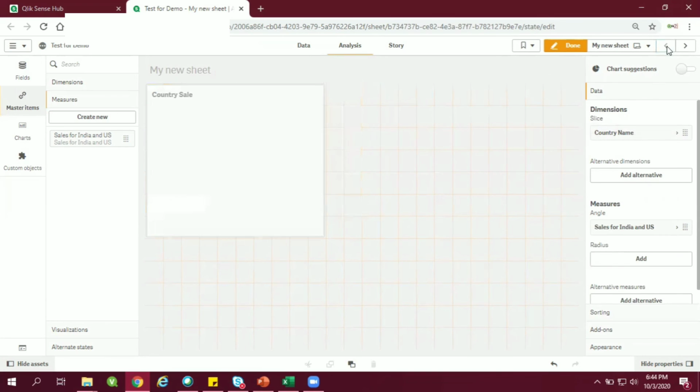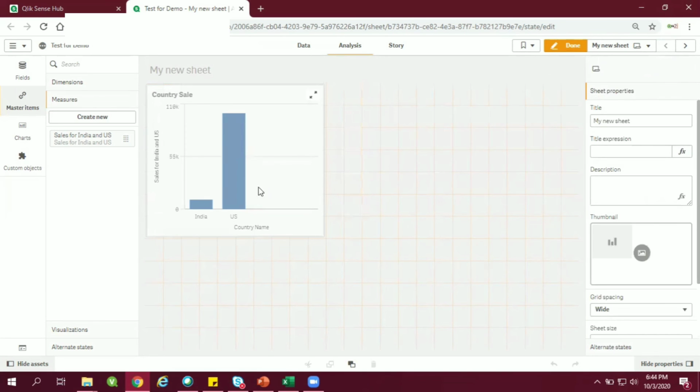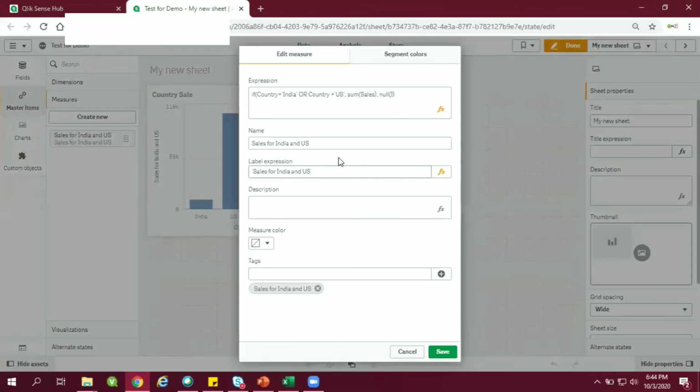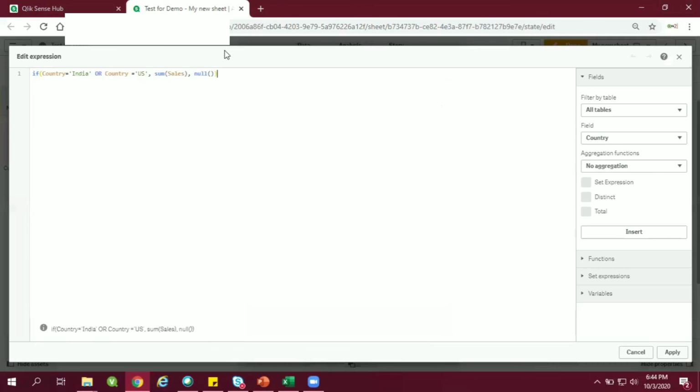Okay, now suppose you want to make some changes. Tomorrow there is a requirement that, okay, I want to add UK also in this particular chart. So what you can do is right click, edit it, go here, write one more or. Basically, whatever you want to do, you can write multiple if conditions.